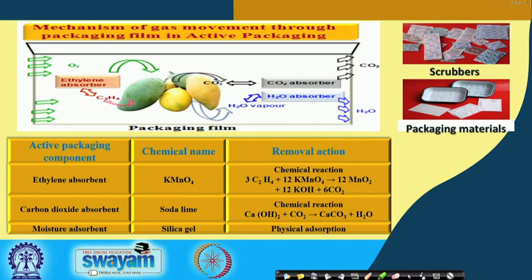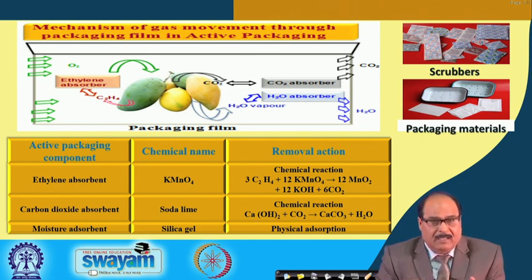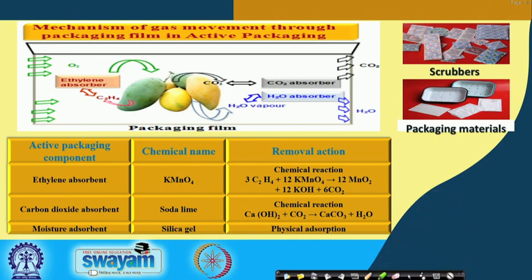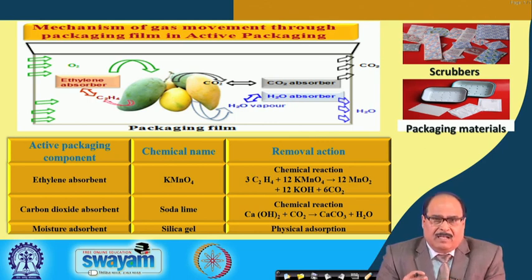In this slide, in the top portion, we have shown how the gas movement inside the package takes place. As I narrated in the last class, while we were studying modified atmosphere packaging, the modification of atmosphere in modified atmosphere packaging is basically because of a natural process, that is the interplay between the food product as well as vapor transmission and other transmission properties of the packaging material.